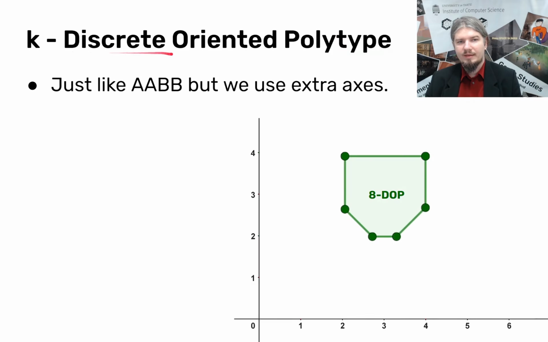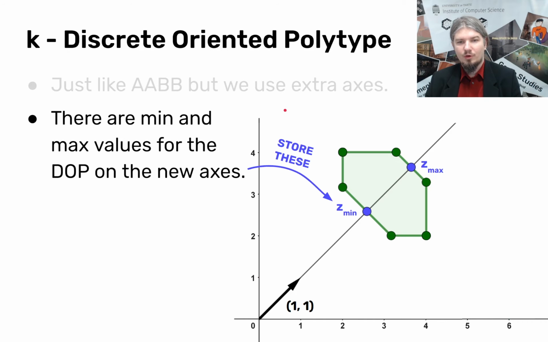They're called k-discrete oriented polytopes. They act just like axis-aligned bounding boxes, but they use extra axes. For example, down here we have this 8-DOP, and we can see how its shape changes from these different axes. So this is how an 8-DOP gets formed. We have other thresholds along these diagonal axes. All we need to do to create a DOP is to have these axes represented with specific vectors, for example this vector (1, 1), and we just store the minimum distance of that box along that axis,